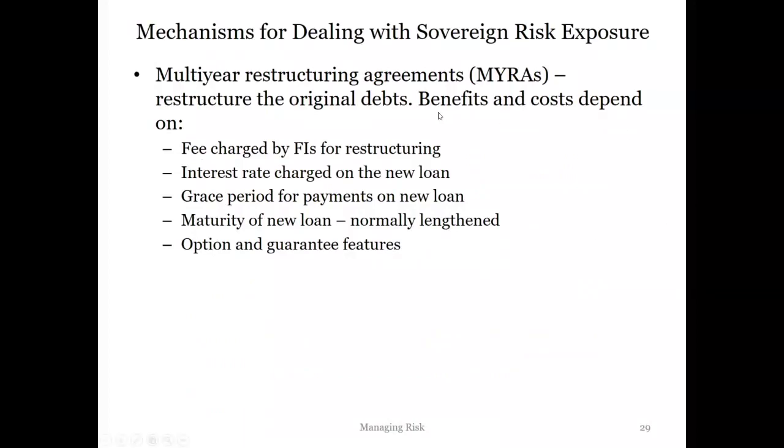Another option they have is a multi-year restructuring agreement, and this is happening. I think this is a way to settle the European debt crisis in the past few years. The government negotiates with the lenders and writes a new contract, a multi-year contract, like saying this year I'm going to give you that much, and the following years for the next 10 years, 20 years. Usually it will involve a fee charged by the FI for restructuring, and the interest payments on the loan will also be changed. Usually the loan will have a longer maturity, and the government also needs some sort of guarantee.